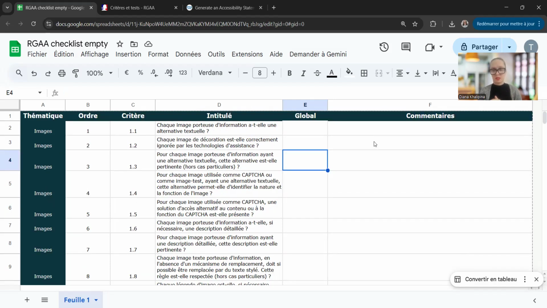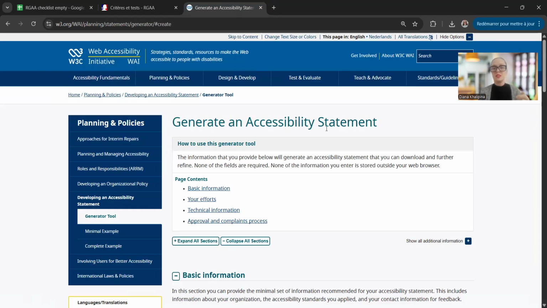And I also write comments. And when you receive such tables, with all the parameters being checked, you see what is conforme, what you need to work on, and the comments, what you can do. You can either work on all these issues to be sure that you are accessible with your web solution, or you can just take all the comments and go to the accessibility statement,